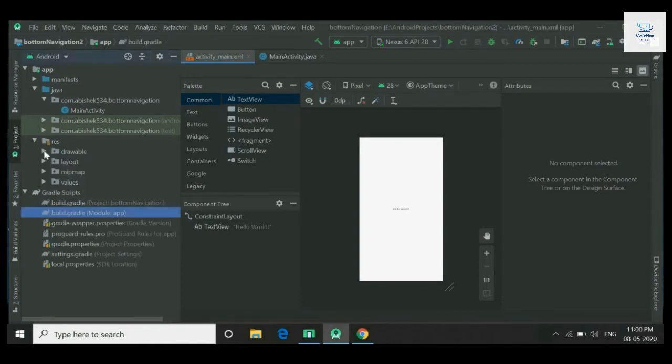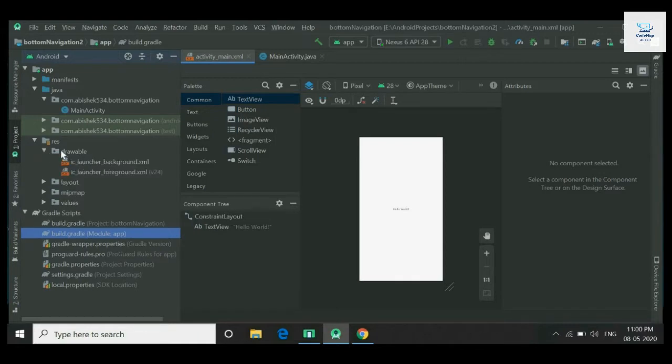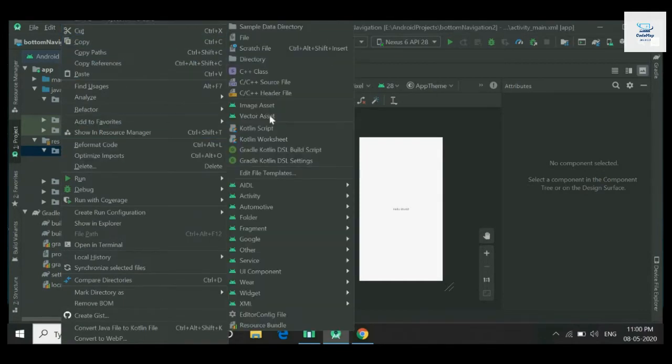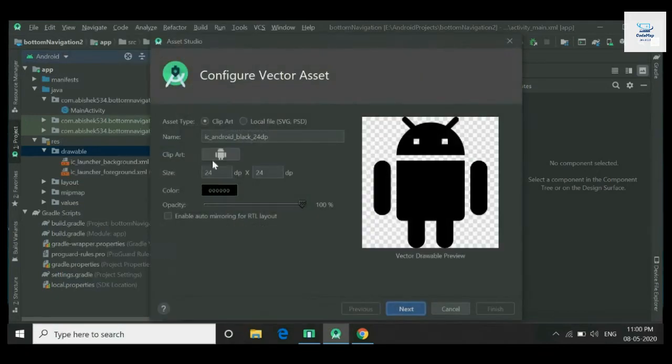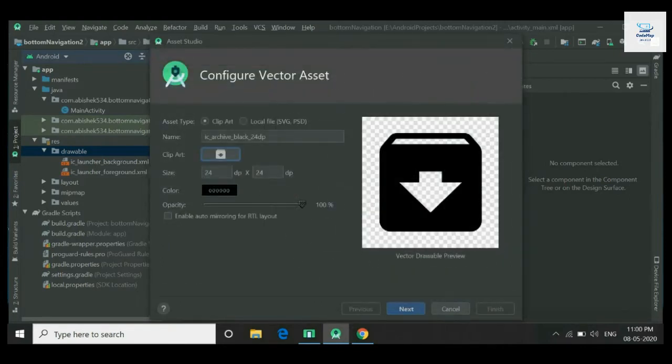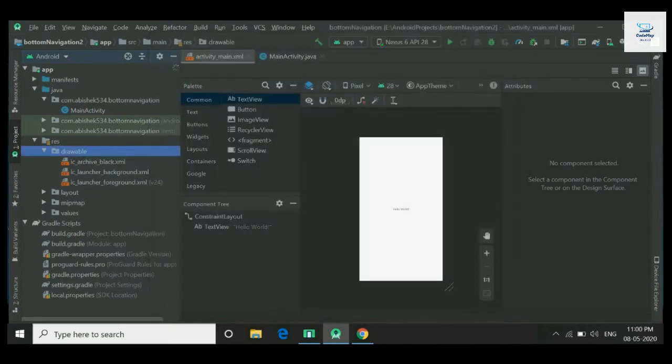First I will create icons for my bottom navigation. Move towards your drawable, right click on drawable and click on New Vector Asset, and from here you can select an icon for your bottom navigation. I will randomly select 3 icons. I will select this one and click on Next and Finish.